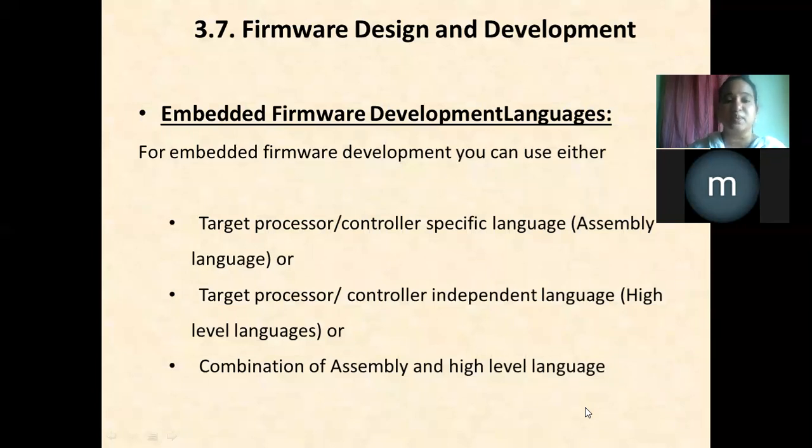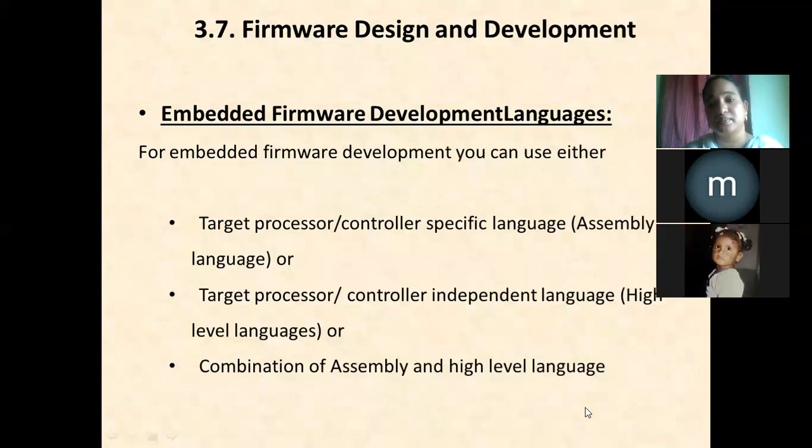Which language is called processor dependent language? Assembly language. Processor independent is high level language. Very good. And the combination of these two.